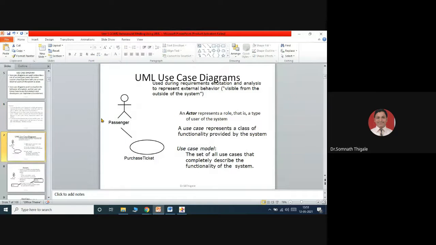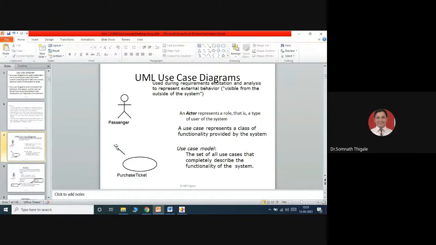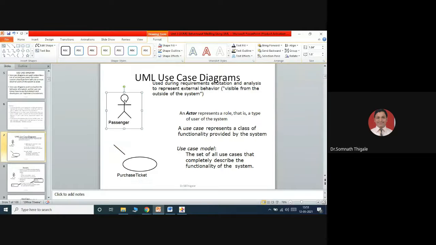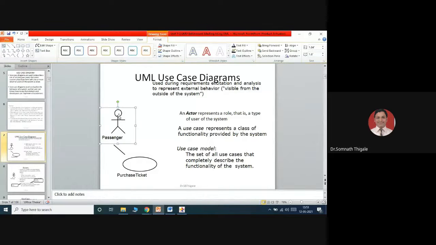So this is the simple way to represent the use case diagrams. Here you can read this. So this is a simple use case diagram. This passenger is an external element. This is called what?